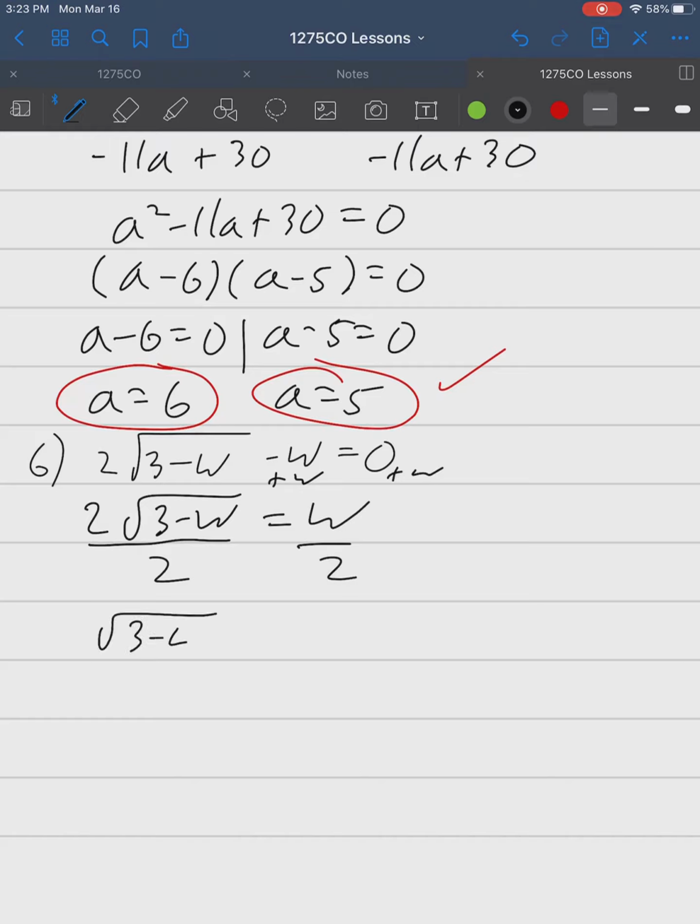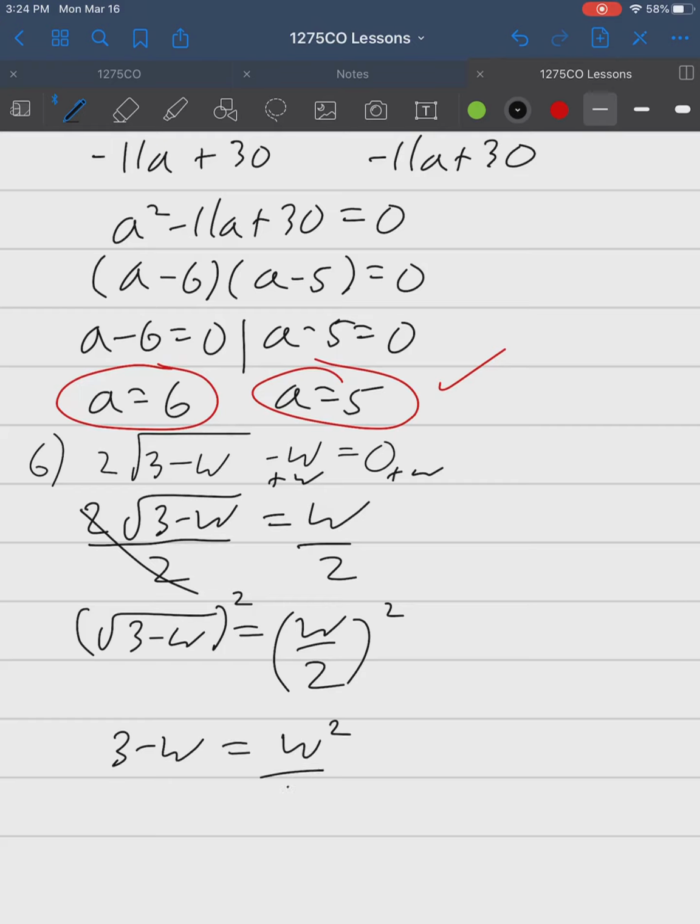Radical 3 minus w, because these 2's cancel out, is equal to w over 2. If we square both sides, we're going to get 3 minus w is equal to w squared over 4. A fraction is going to come up here, and